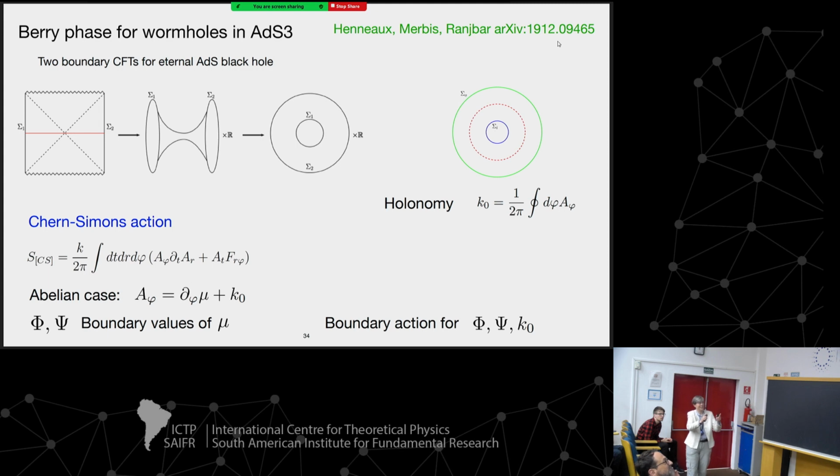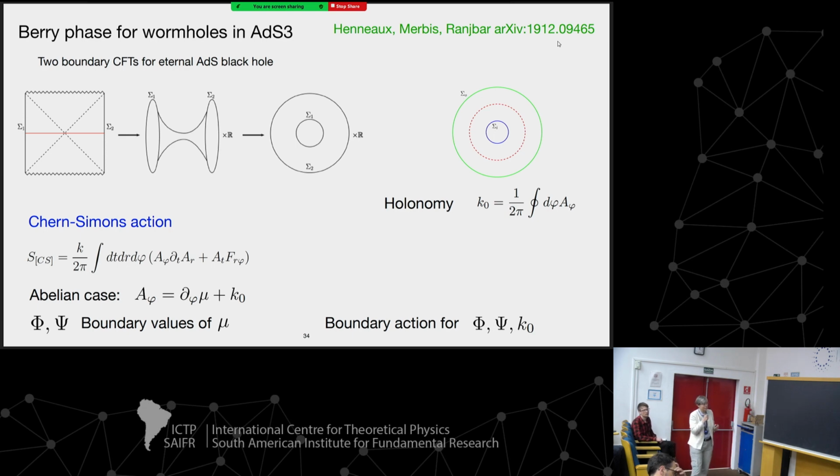Here there's a toy example. Again, this is our black hole. Now imagine that you look from one side of the black hole and you look to the other. You have here a tube, this is your wormhole. I look here and then I see the other end of the wormhole. And then again, I have a non-trivial holonomy. This is my Berry phase. If the green is the end of the wormhole which is pointing towards me and the blue is the other end of the wormhole that's over there, then the holonomy is if I walk once around here.